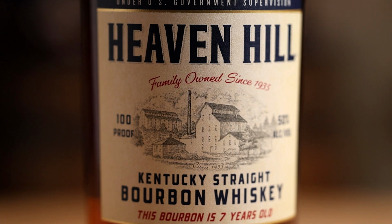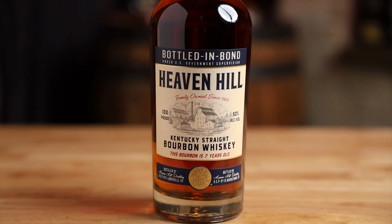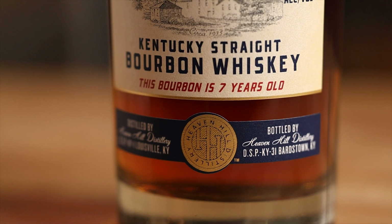You may already know how to read a bourbon label. We sure do after our lesson with Heaven Hill brand ambassador Bernie Lubbers. But the Heaven Hill Bottled & Bond label features a few special details. The line, "This bourbon is 7 years old," is a reference to the way that many of their historic labels